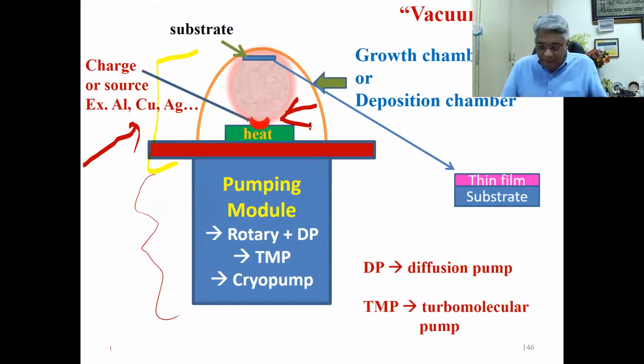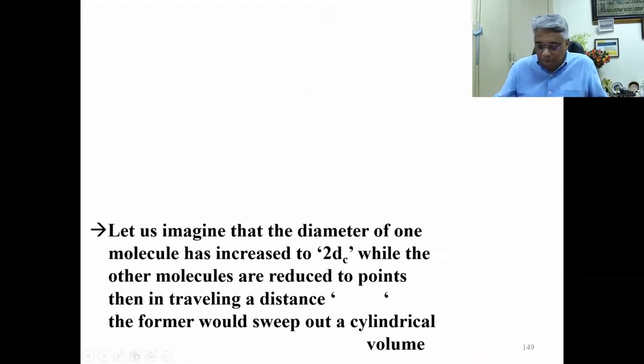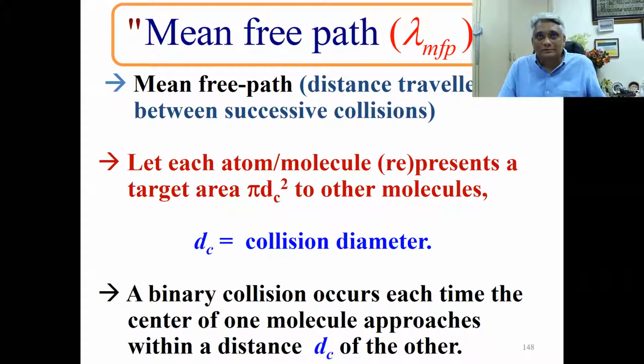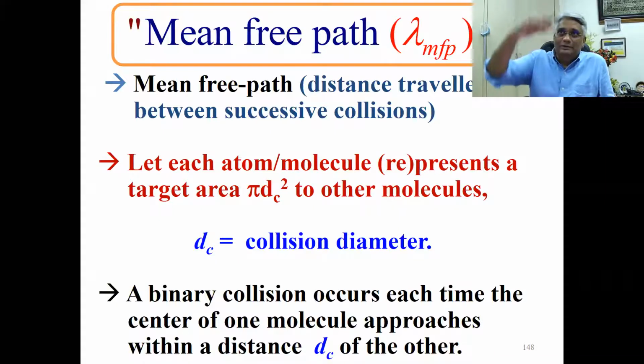So the mean free path is the path that these species travel from the source to the substrate. That's called the mean free path. The whole idea of the thin film growth process is to maximize this mean free path. It's the distance traveled between successive collisions. If that can be maximized, then we make sure that the evaporated species reach the substrate, which is kept at a distance of anywhere from 5 to 10 centimeters,